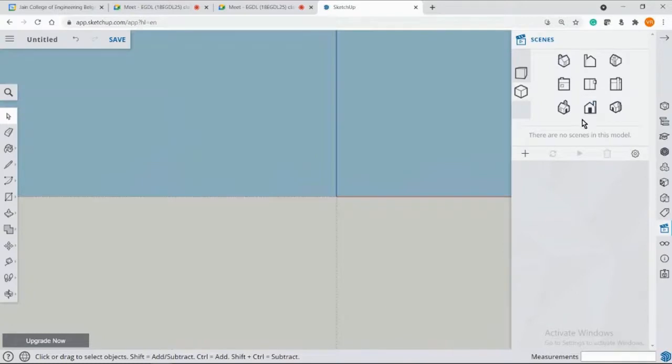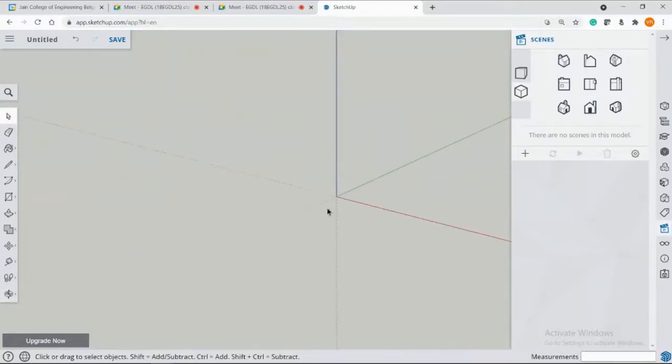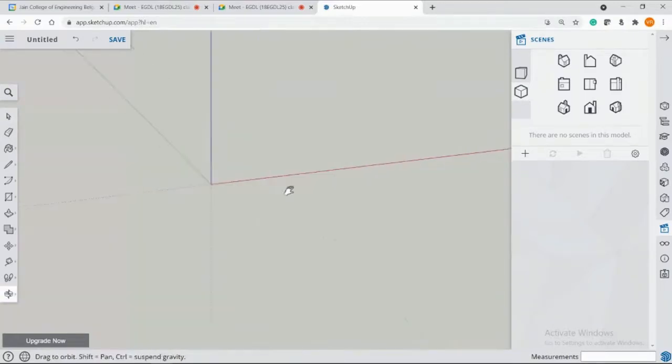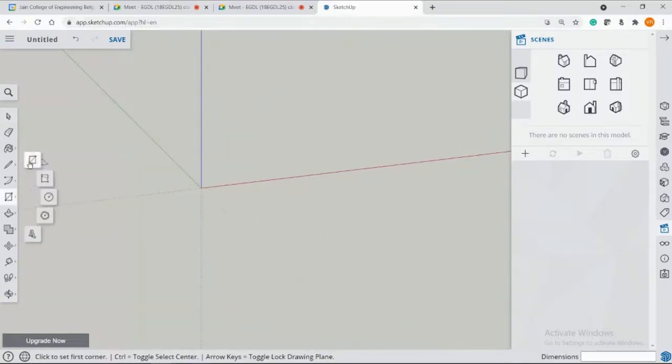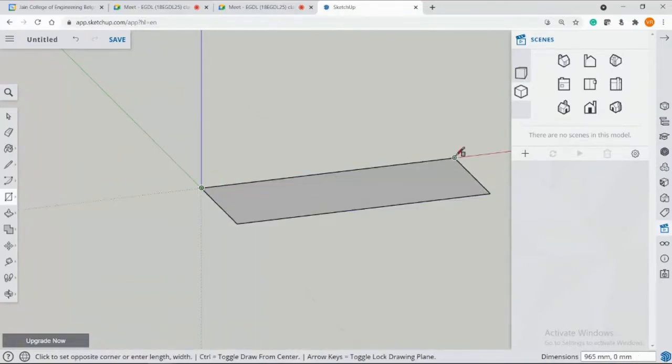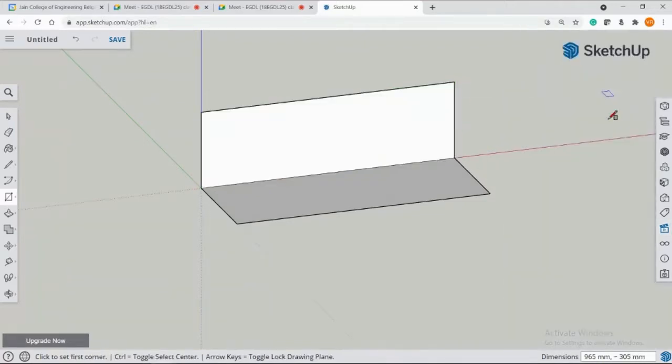Let me see which is the front view. Yeah, front view. Now let me first create the horizontal plane. Then let me create a vertical plane.